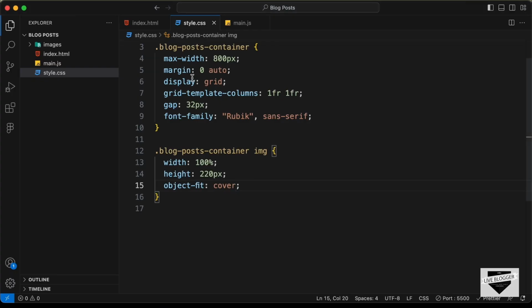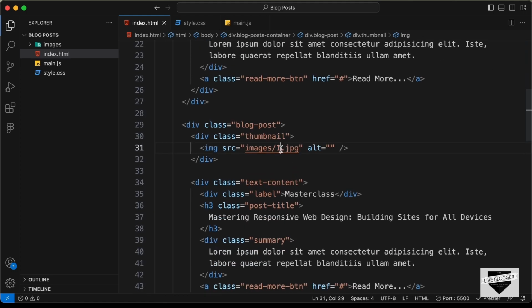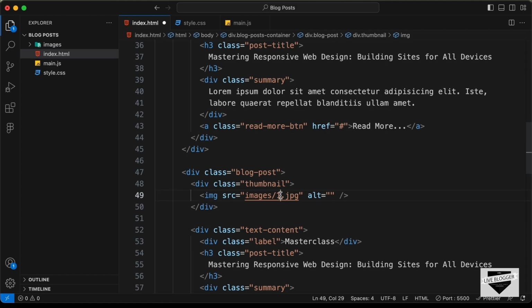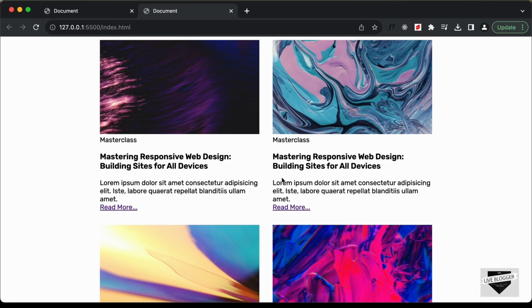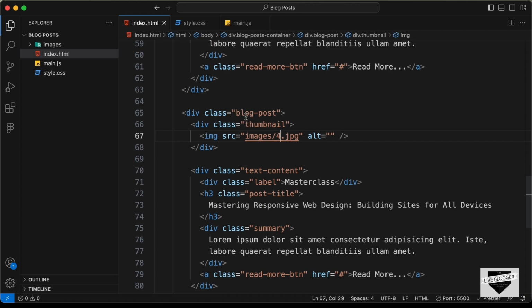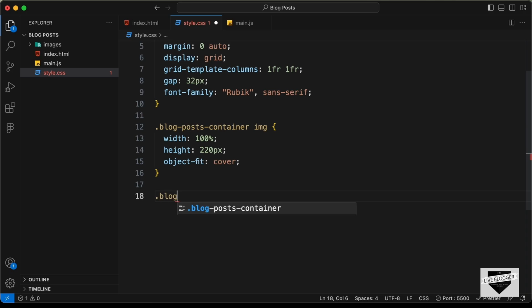And let me just quickly go ahead and change the images so that we can have some variations. So I'll just set this to 2.jpg, and this to 3.jpg, and this one to 4.jpg. Right now, let's go ahead and style these blog post divisions. So here we can see we have these divisions with the class of blog post. So let's type blog posts container, blog post,